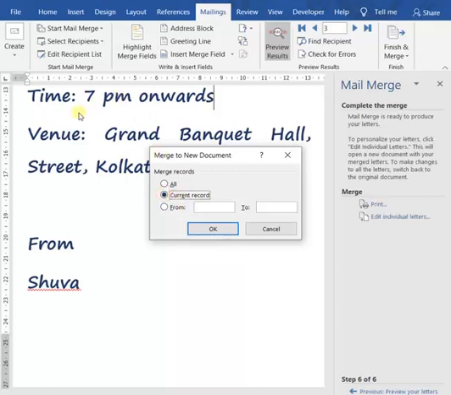Current record means only the record showing on the left side will be taken. I don't need all these things. As I am doing mail merge, I previously selected only the contacts I require. For this reason, we generally click on all and then click on OK.